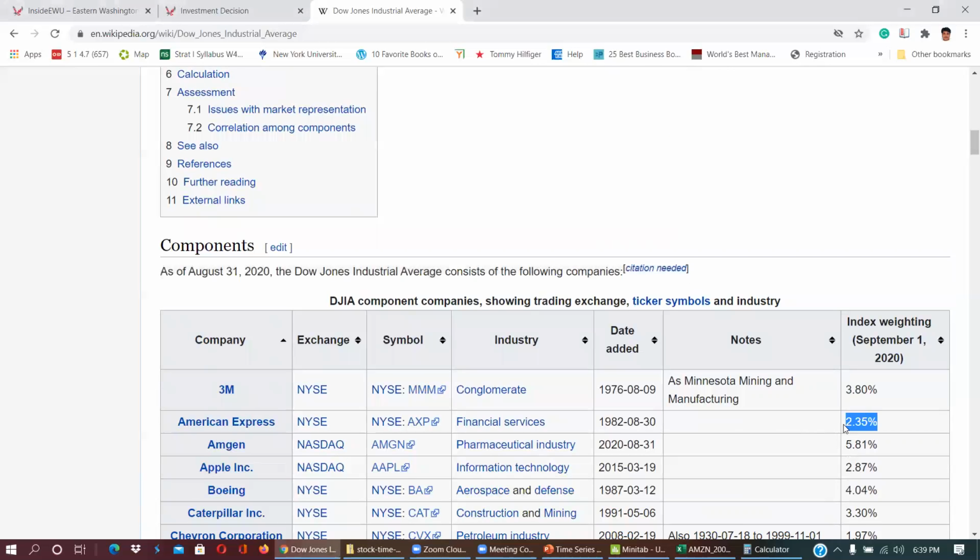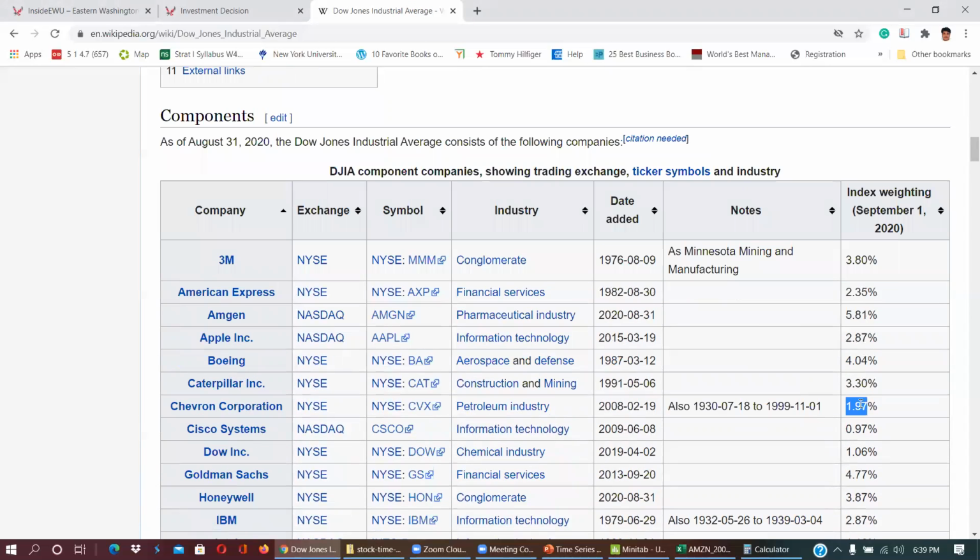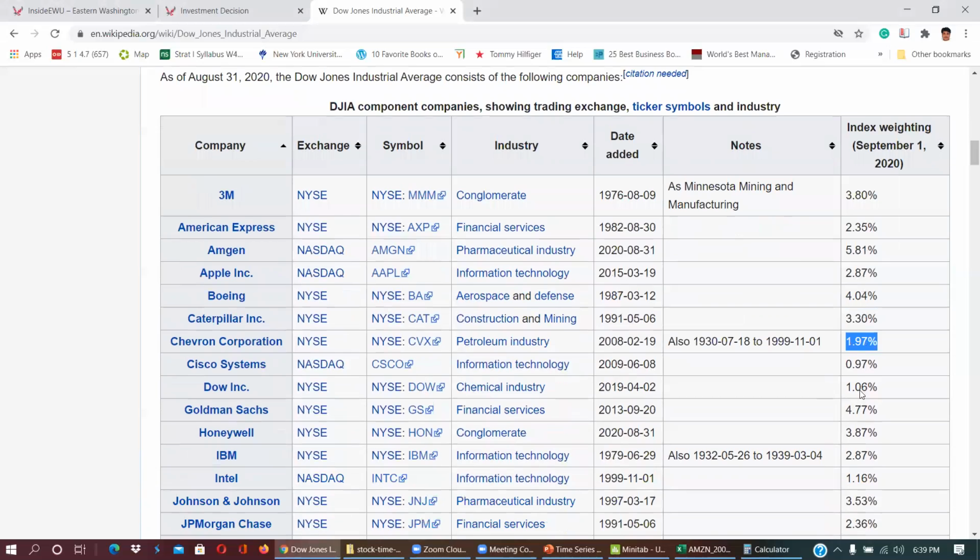American Express has 2.35. Amgen is 5.81. Apple 2.87. Boeing 4%. Caterpillar 3.3. Chevron is 1.97. Cisco,